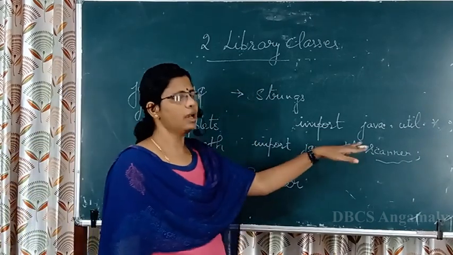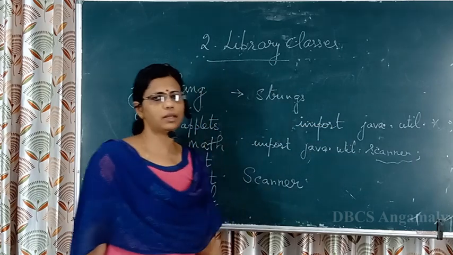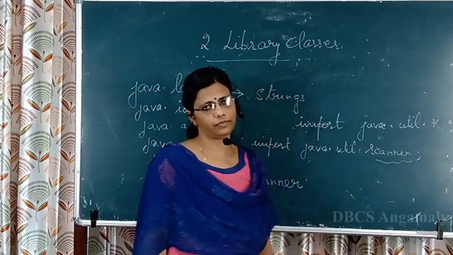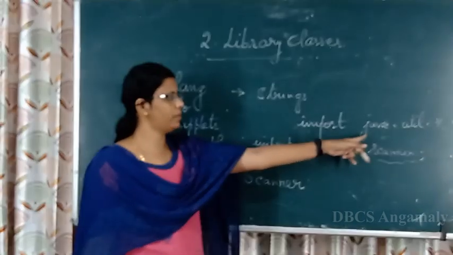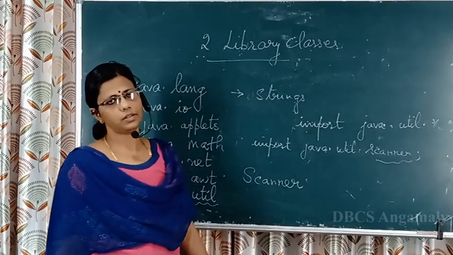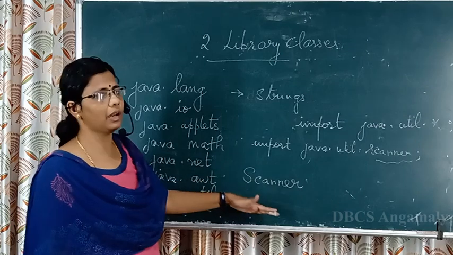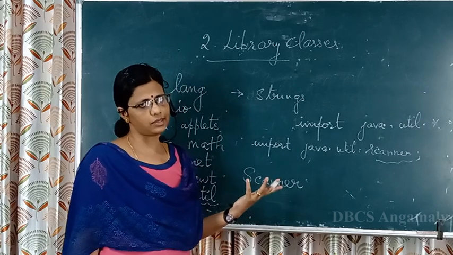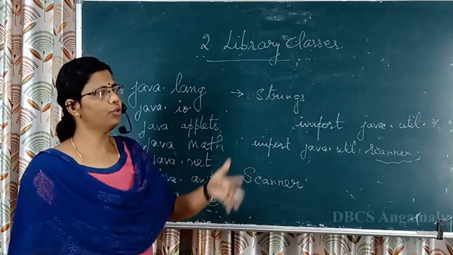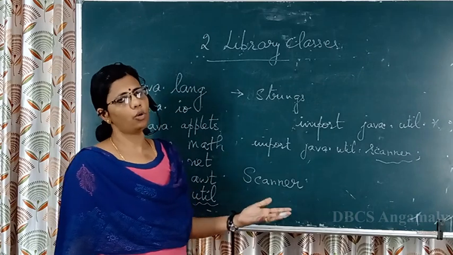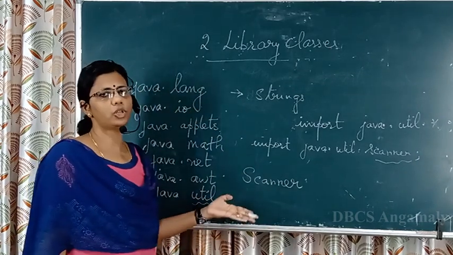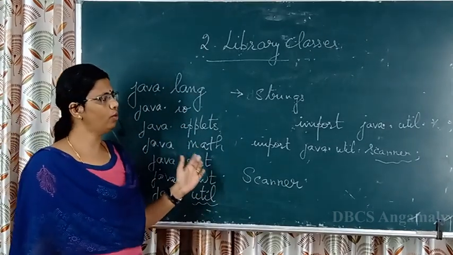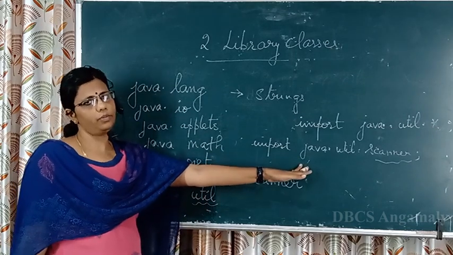And this is your statement. A statement always ends with a semicolon, and I have marked a semicolon here, and it is case sensitive. So if you give a capital I, or a capital J or a capital U, it all makes a difference. I hope this portion is very clear for you. So we just had an outline of what library classes are and where they are stored, how you make use of these library classes, the 7 packages which our syllabus deals with, what each of these packages does, and how we make use of these packages in our programs.